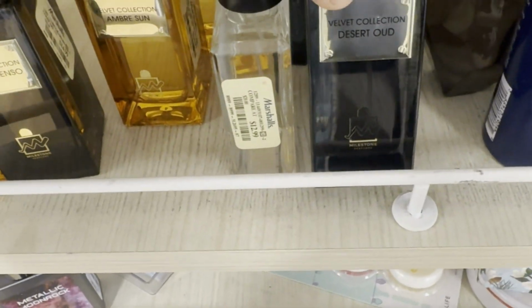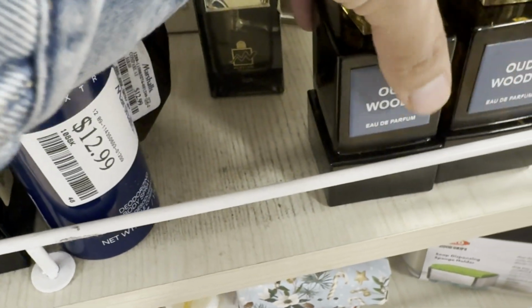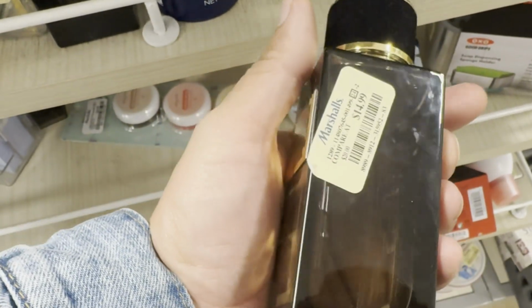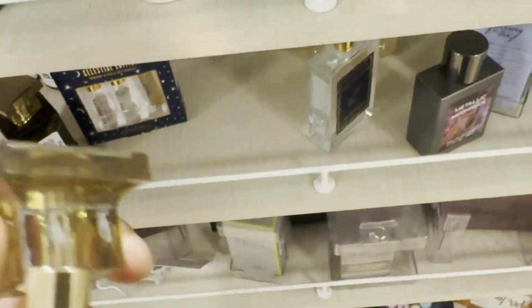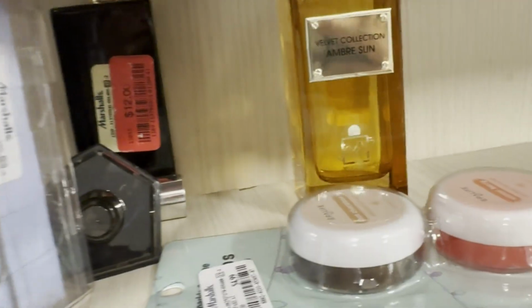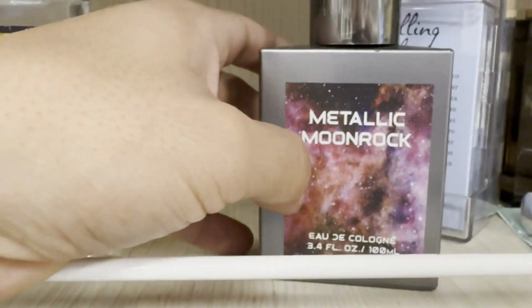Desert Oud, and then some Oud Woodies, another Black Incenso. Then here I was thinking, wait, which one did I buy? But the one I had bought was called Velvet something. So I know I don't have any of these. Another Oud Woody, I gave it a sniff. I rather enjoyed it. But in my head I was thinking I already have a lot of Oud Wood clones. Well, I have two Oud Wood clones. But I love that DNA. I love woody